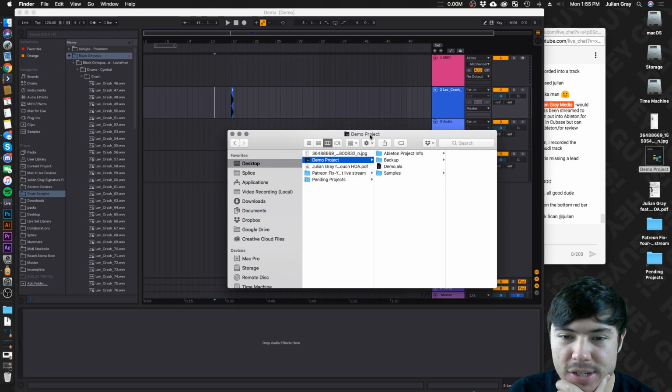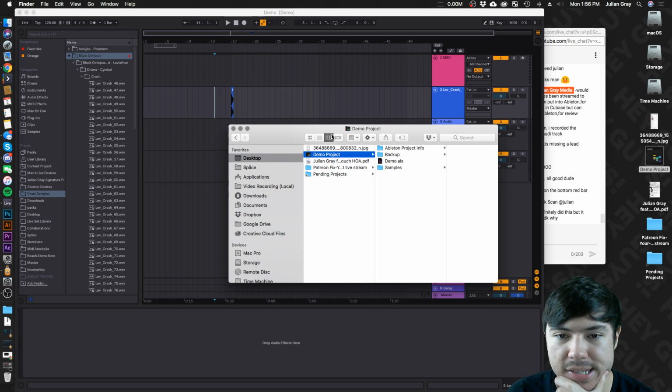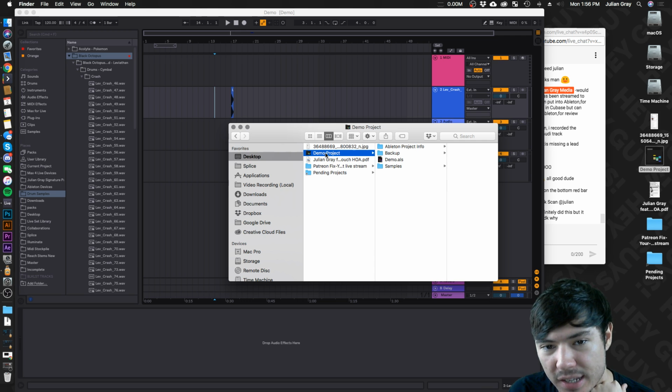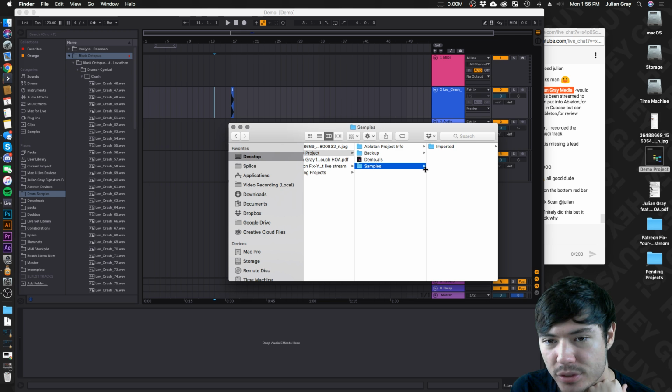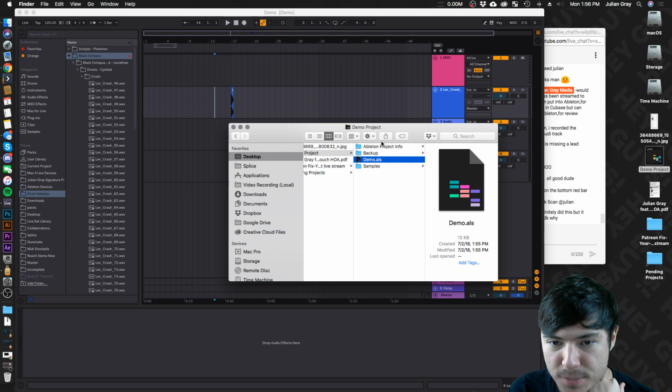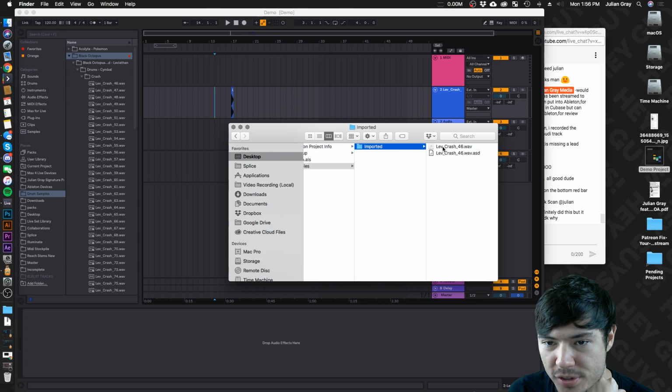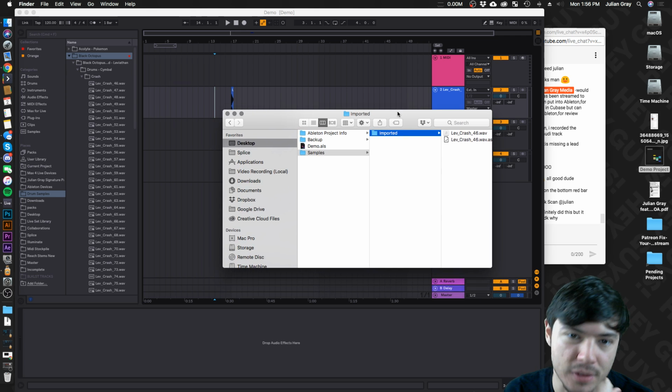And that's another reason why you use a separate project folder for every single project. If I was to make another project and I saved it into this demo project folder and I collected all and saved, all the sample directories from within this project and the next project will all be collected into the same folder. So then it becomes a real mess when you have to separate a project file for storage reasons.